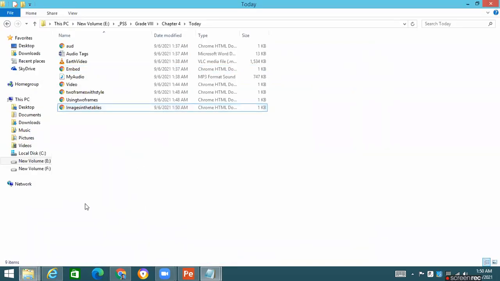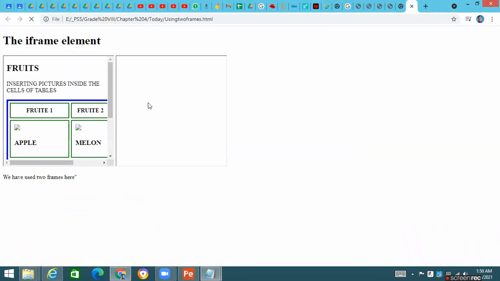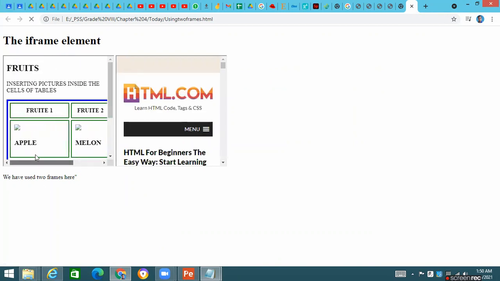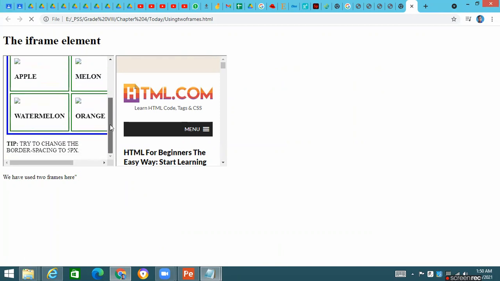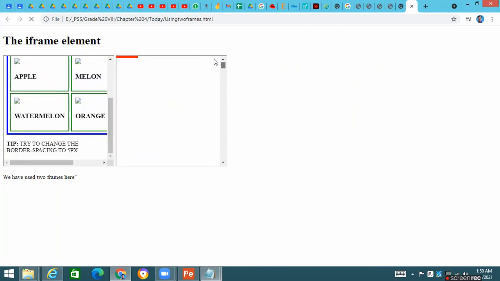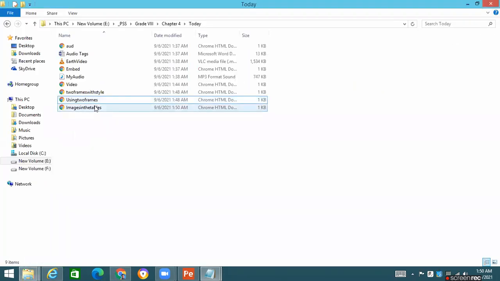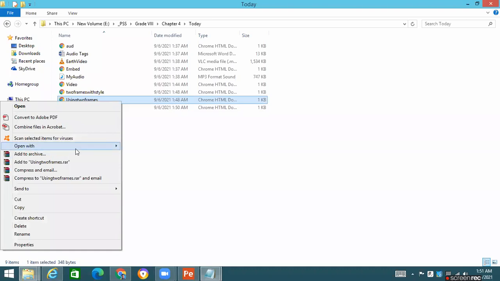Okay, you will be able to see 2 frames with styles and using 2 frames. Now you will see that there are 2 frames given over here. One is basically my own page, which is about the fruits, and one is about another website. It is basically a live website. How is this done? If you go and see the coding, you will be able to understand that